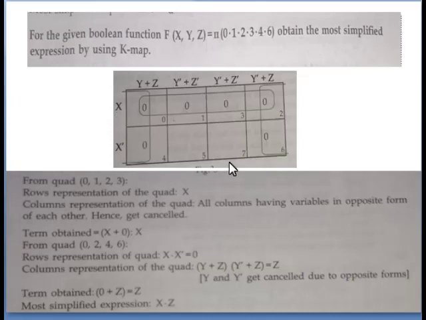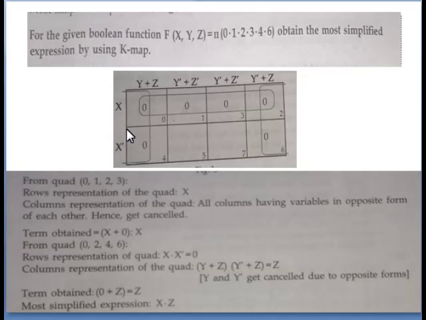Step number 2, now we are going for the grouping. First you see if there is any way to make an octet. No. Then go for the quad, a grouping of 4 zeros. First we will group this quad. Now here 4 and 6 are there, so first you have to see if there is any way to make a quad again. Yes, if we roll the map horizontally from here to here, these two corners will touch each other and make a quad. Now all the zeros are grouped, so we stop here.